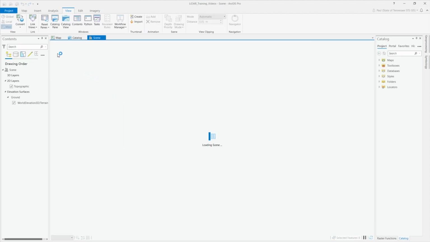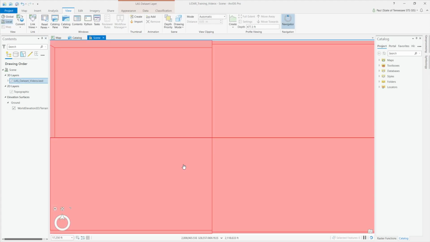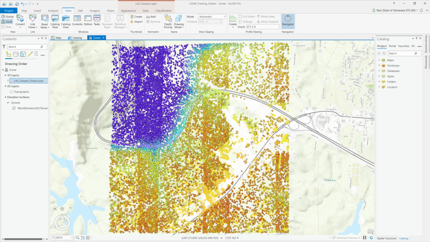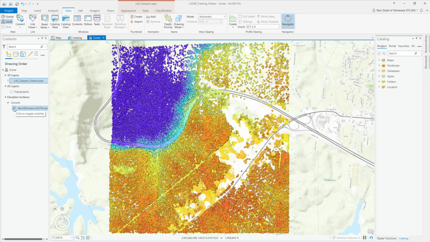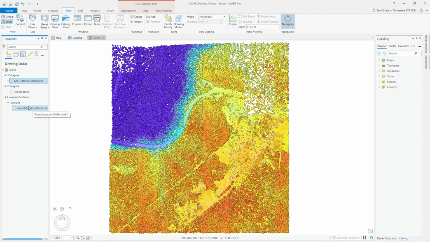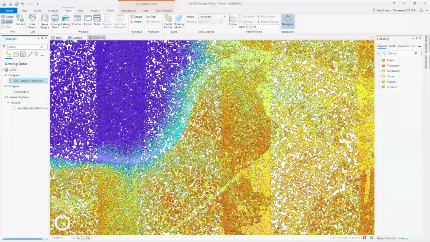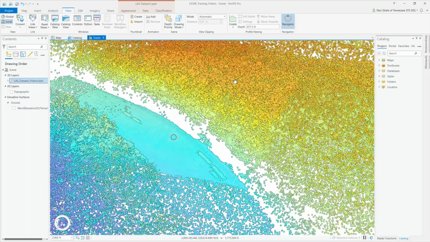You can also accomplish this task by going to Insert, Local Scene, and then adding the LAS dataset into that scene. But what it's doing now is it's generating a 3D view of our 4 tiles that we have in our LAS dataset. This is processor and graphics intensive because we're looking at millions of points in 3D over 4 square miles. I am going to go ahead and turn off the world elevation terrain service as well as the 2D topographic base map. But now we're in the 3D environment and we can start symbolizing, viewing, looking at